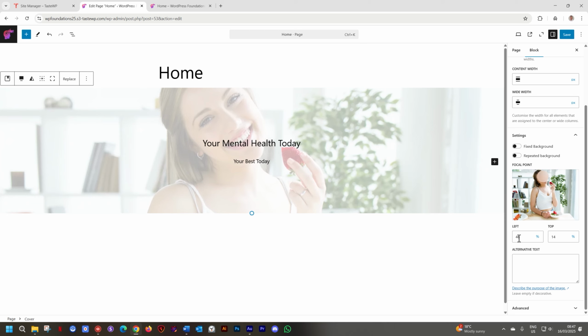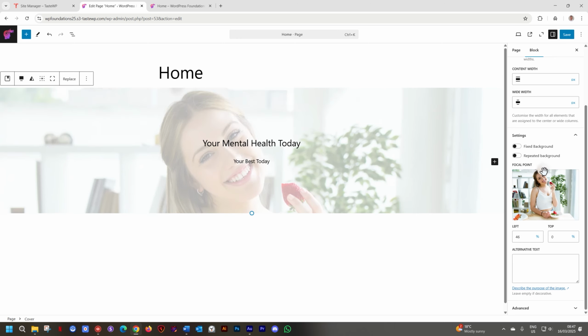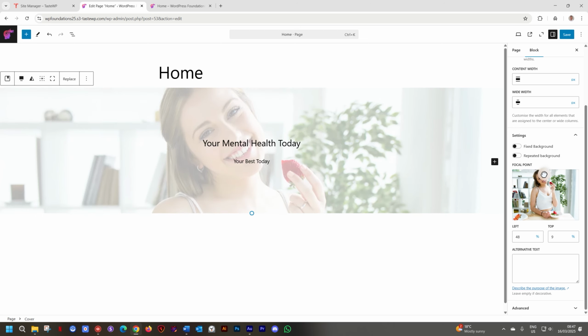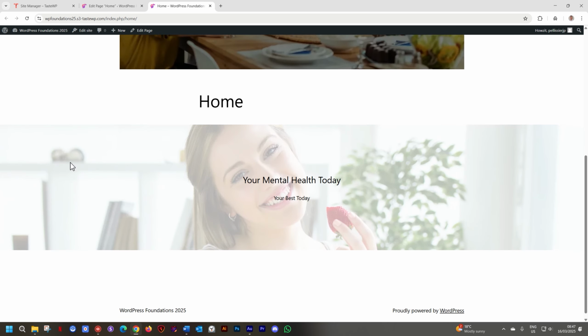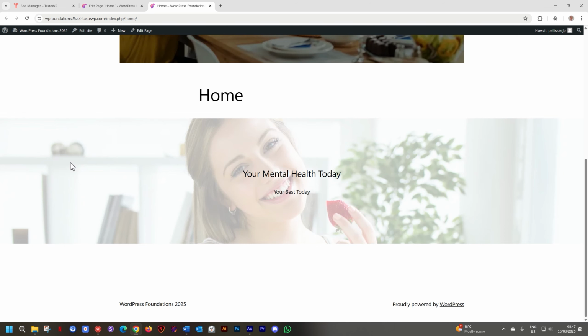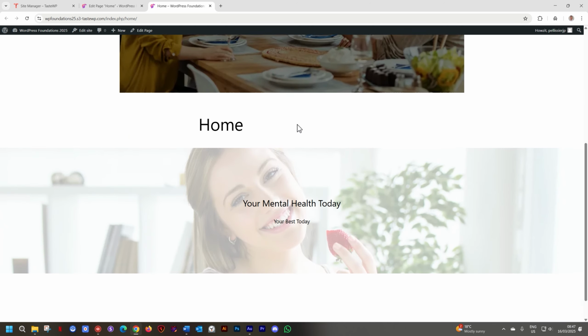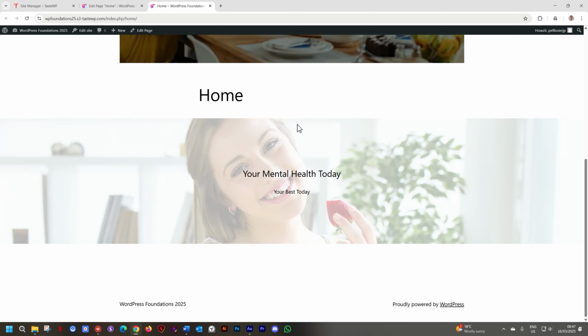And you can see the left has updated to 46% of the left, and the top, it's almost close to the top. If you put all the way to the top, it's 0. But I'll put it like so. Now, save. Hop to the front end, reload this page, and this is what we've created. This is a very common hero section. Don't care about this image at the top. We'll fix all of that in the future.